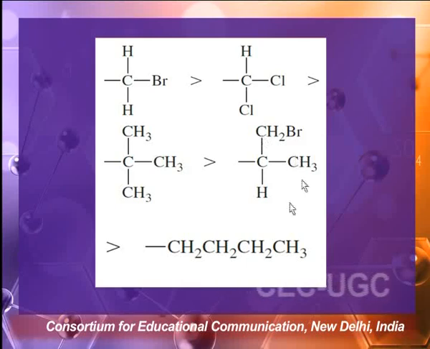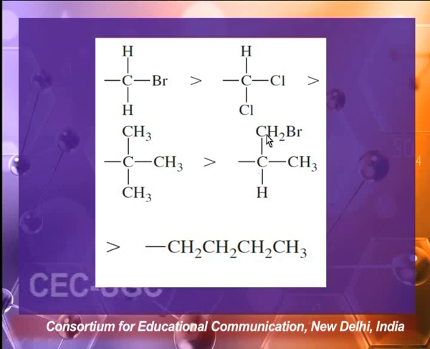Here again on your screens you can see a few groups attached, displayed in decreasing order of priority. I'll just take these 2 examples to explain what I mean. If we talk of carbon, which is directly attached to a chiral center here, this carbon has atomic number 6, this carbon also has atomic number 6. So both the groups have the same priority, we cannot decide. We go on to hydrogen.